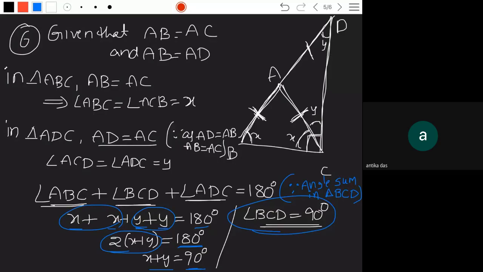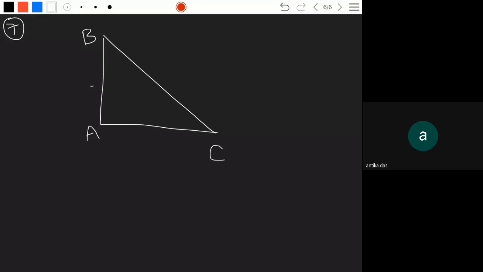Okay. Let us see the 7th and 8th problems also. I will explain briefly, and you can do these very simple problems. They are not very difficult. In right angle triangle ABC, angle A is 90 degrees, and AB is equal to AC. Angle B is equal to angle C. Find angle B and C. These two are automatically equal. This is 90, so these two will be 45 and 45.